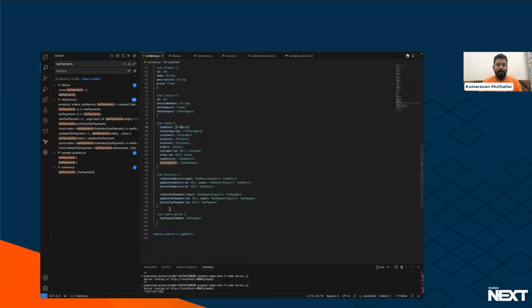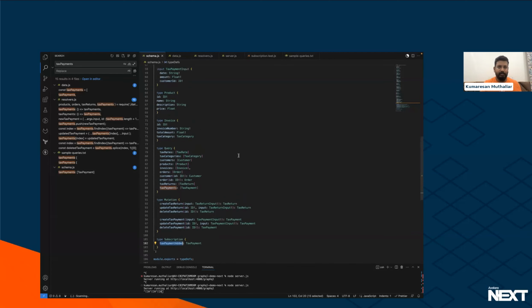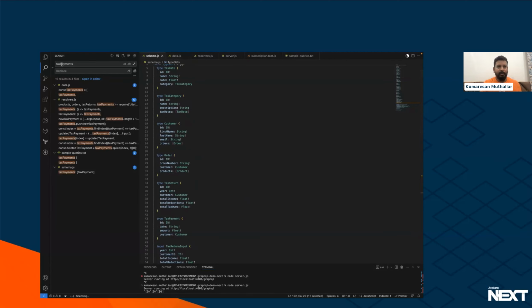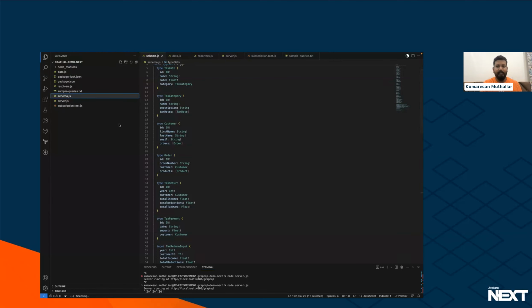The second thing is the mutation. You can also modify your data using GraphQL mutations. So these are some of the queries that you can perform to mutate, to insert, update, or delete data. And then you have the subscription. As an example, I created tax payment added. As soon as I add a new tax payment into the system, I can subscribe to it and I'll get notifications. Now I built this on simple data, that is, I created a JSON structure, and then